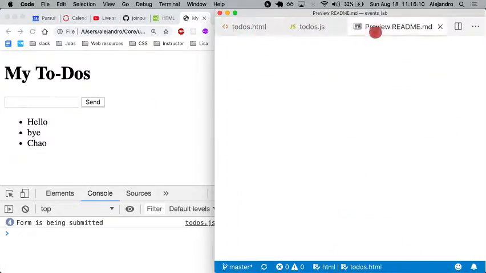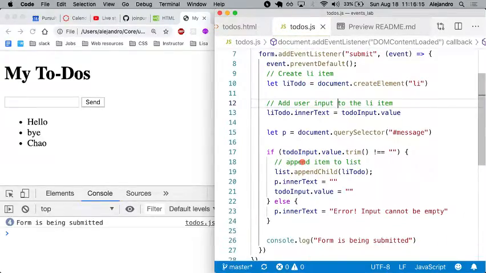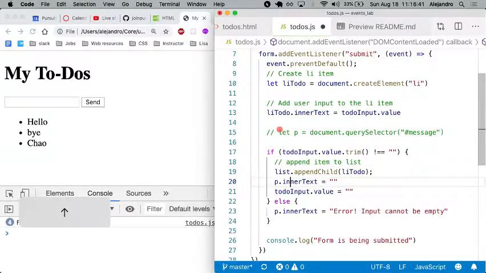Cool, what's the last part that we need? But also, any questions here so far? For the error, you could put a paragraph, or if you wanted, tell like an alert instead of a paragraph. If we wanted to do an alert, in that case, we'll just get rid of this P here. And here we'll do